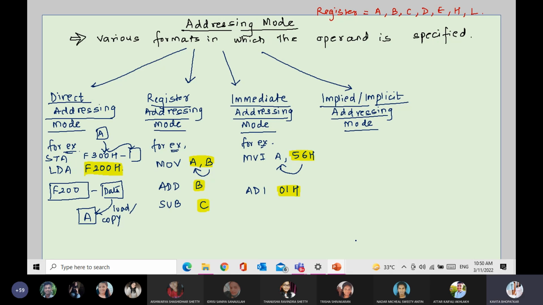The operation which is going to be performed by the instruction is already predetermined. Here, in the other case, the operation is not predetermined. Here we are giving it. So in implied or implicit addressing mode,